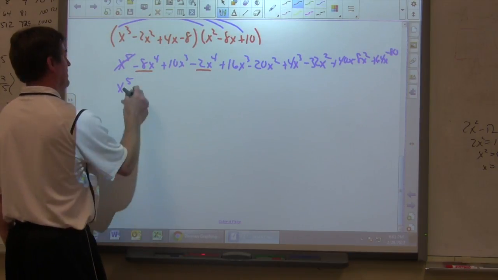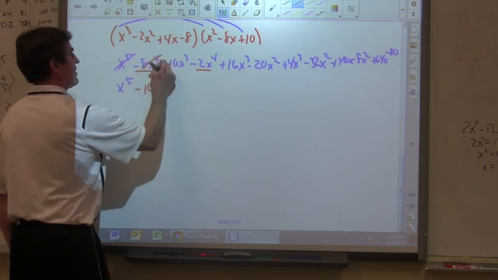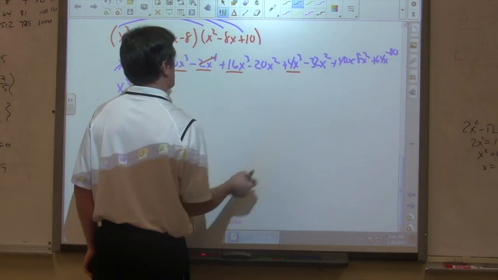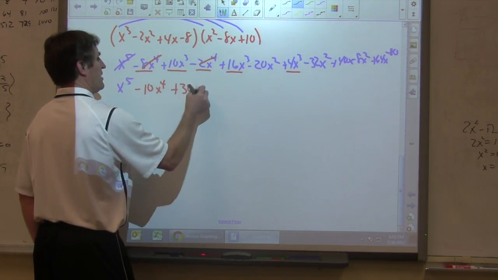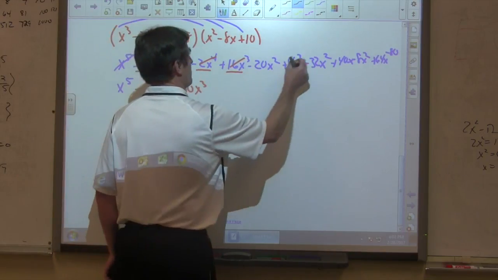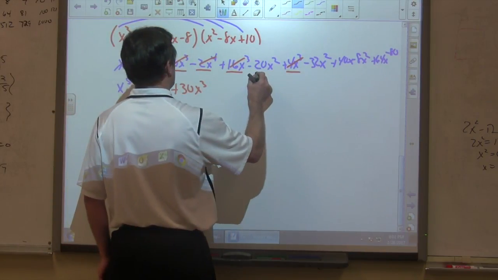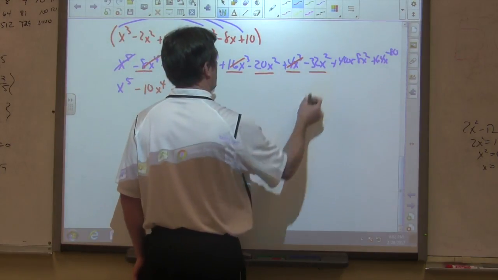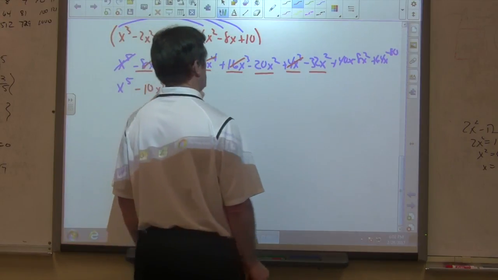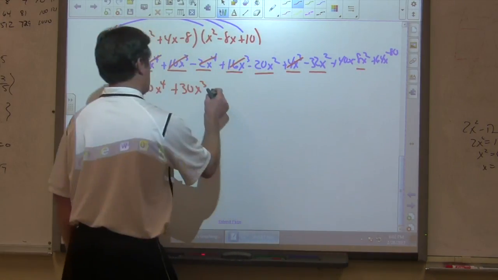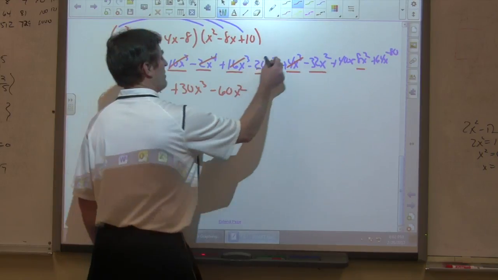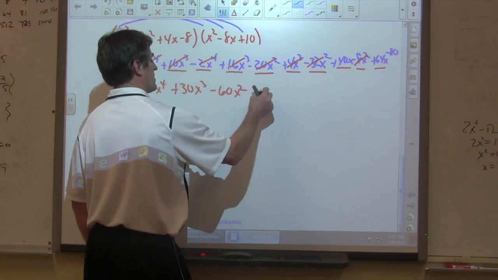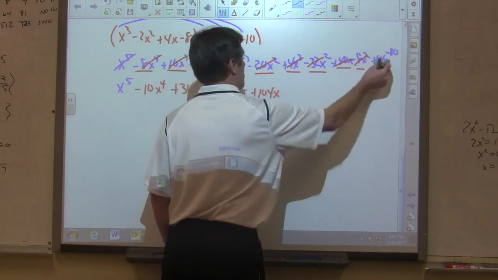A negative 8 and negative 2 is a negative 10x to the 4th. We have 10 plus 16 is 26, plus 4 is 30, x cubed. Then we have a negative 20, and a negative 32 is a negative 52, minus 8 is a negative 60, x squared. And then we have 40x plus 64x is 104x. And finally we have our minus 80